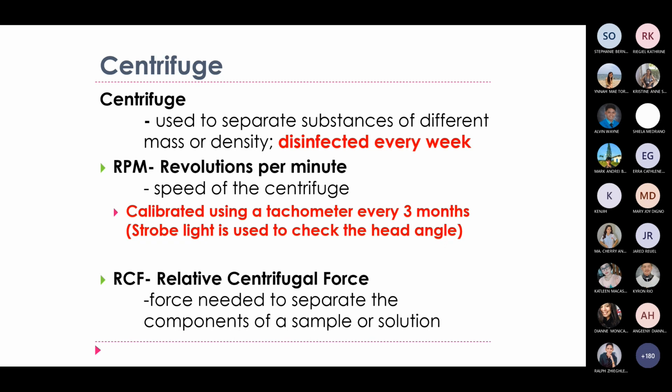If you're going to find the RPM, so RPM is equal to the square root of the RCF. So RCF, okay, nakikita nyo pa ba? Divided by the quantity of,